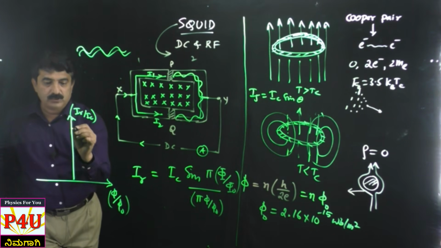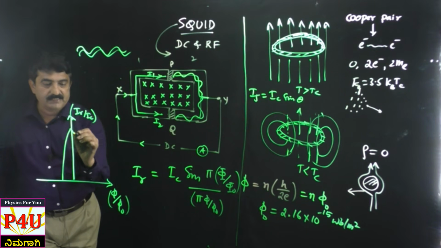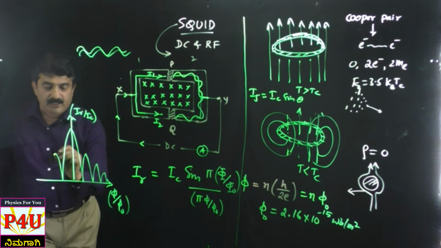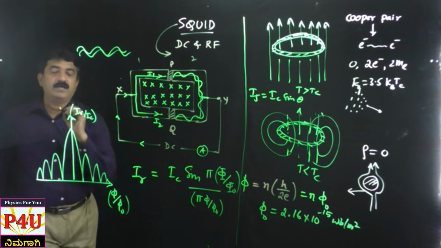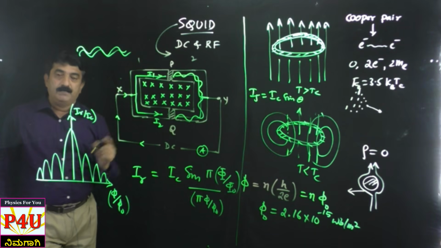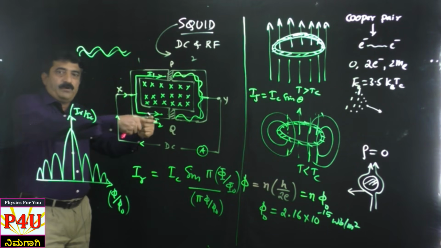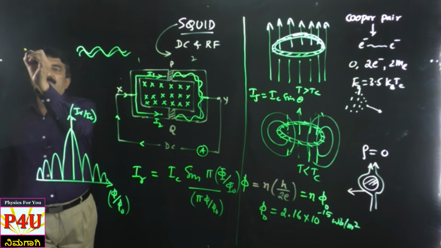You know the graph, how it looks like this? It looks like this. Please look at the graph. It is almost similar to the intensity distribution in a Young's double slit experiment. Please recall from your second PUC, when two waves moving towards the same point interfere, in Young's double slit experiment,